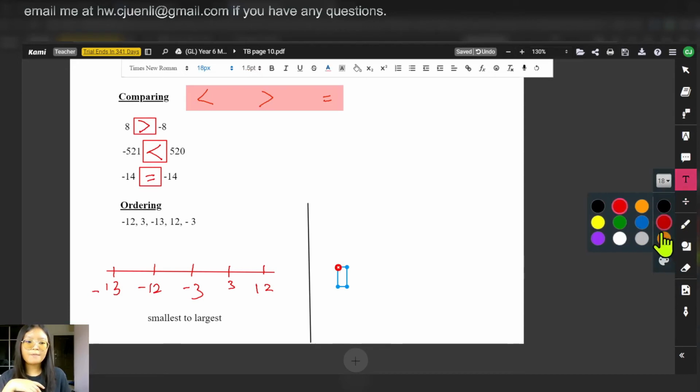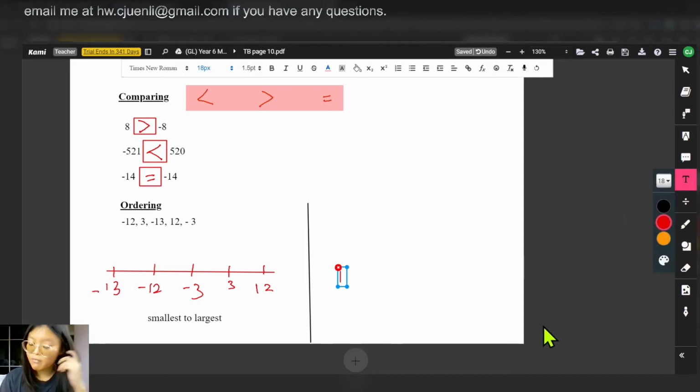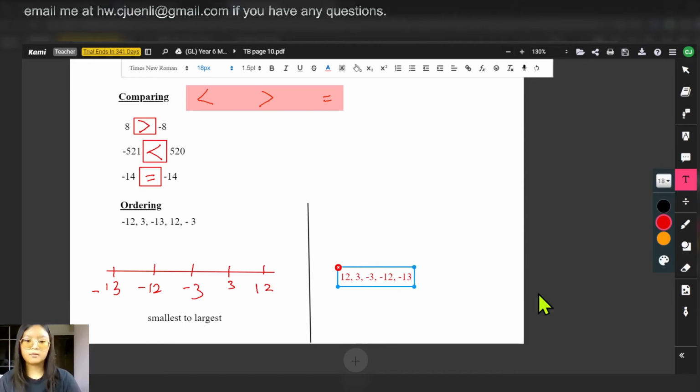So over here, I'll put it in red. From largest to smallest, it's basically the other way around. You can actually put it in as 12, 3, negative 13, negative 12, and also negative 13. So this would be your largest to smallest, right? So let me give you the other one, whereas it was smallest to largest, also in